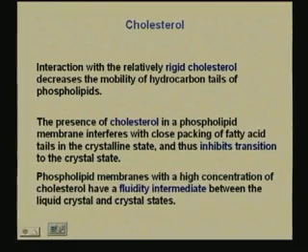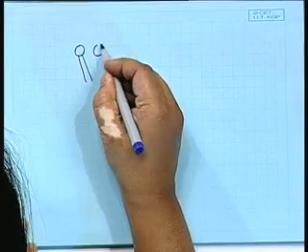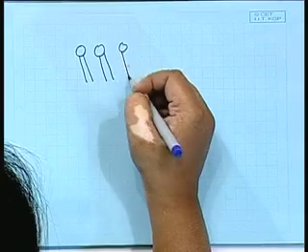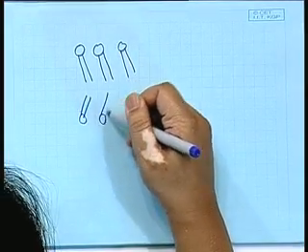but the presence of a cholesterol in a phospholipid membrane interferes with the close packing of the fatty acids. So, normally the way that the fatty acids would be packed would change with the presence of cholesterol. Remember, I showed you in the first one of the slides that I showed you in the beginning, we have perfect orientation. If we had a single type of phospholipid attached, we would have, say, a perfect orientation to